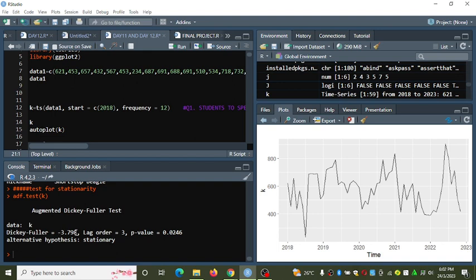From this point, you compare with the Dickey-Fuller values in your tables, the tables used in campus. But because I'm using a computer, I will not use this part to conclude whether to reject or fail to reject the null hypothesis. I use the p-value.